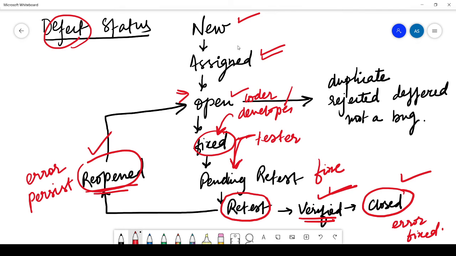Now there is one more thing to look over here. Suppose when the defect is opened, its status is new, then it will be assigned to a developer. So its status would be open when he's working on the defect. And when the defect is open, if the developer feels this is a duplicate defect, like somebody has already opened a defect for this error, so one defect is already there, it will be considered a duplicate, and it will be rejected and deferred,